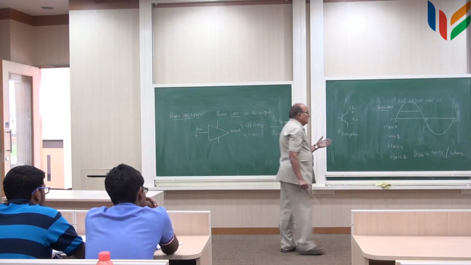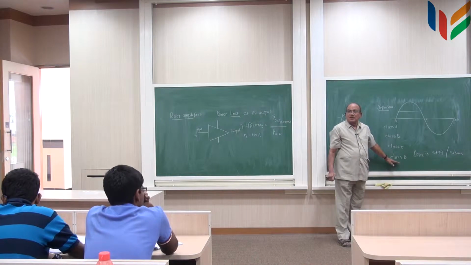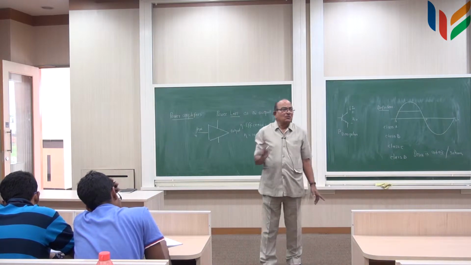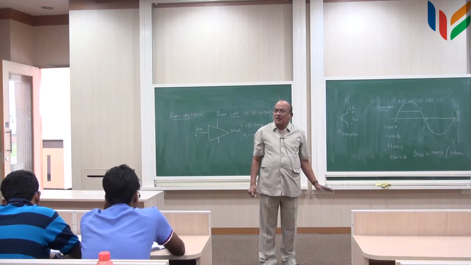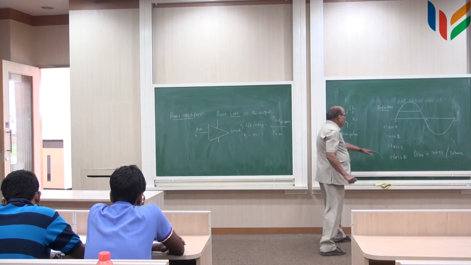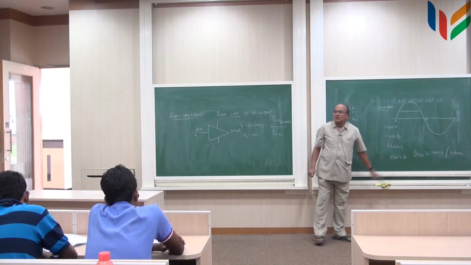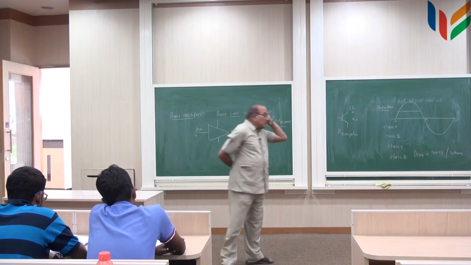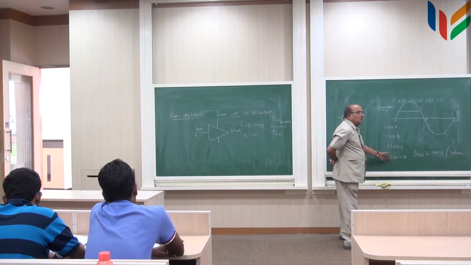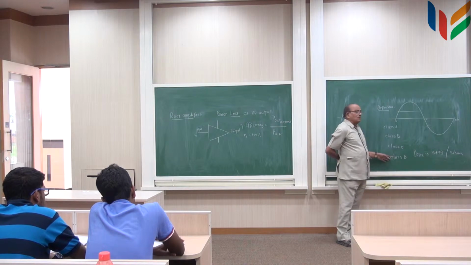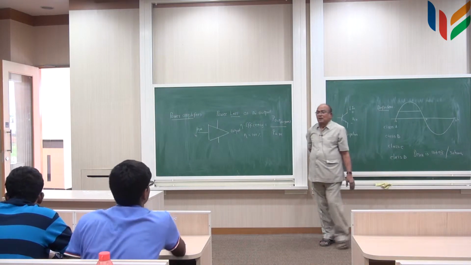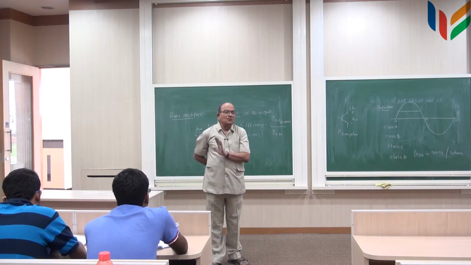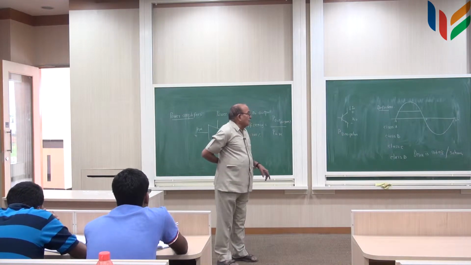So, in both cases the dissipation in the device is 0, ideally, because in one case current is 0, in the other case voltage is 0. So, the dissipation is equal to 0. Because the dissipation is 0 under that condition, this will be the most efficient power converter from DC to AC. This has become more popular recently, and it has become possible because of the availability of devices with which you can operate fully saturated or fully cut off. We will talk about it at the end of the class.